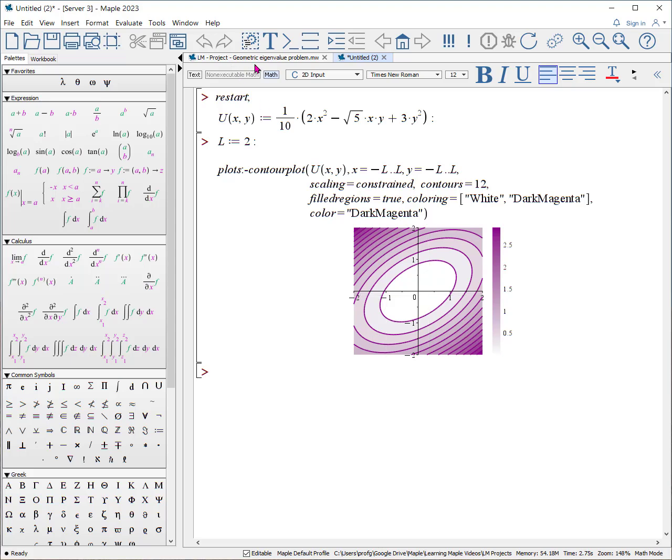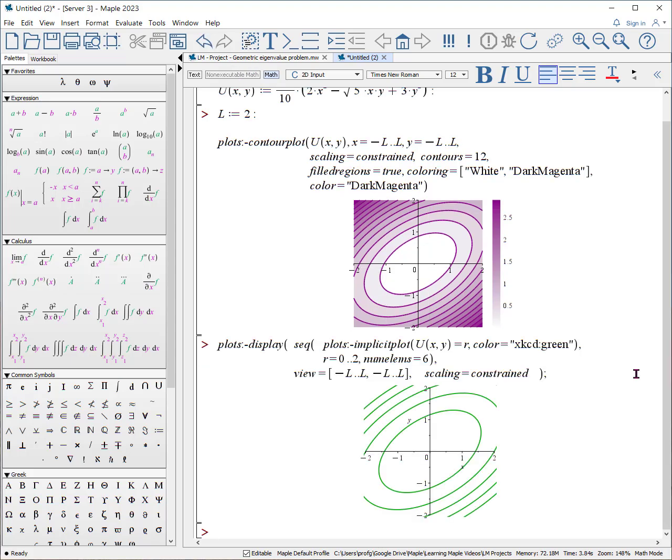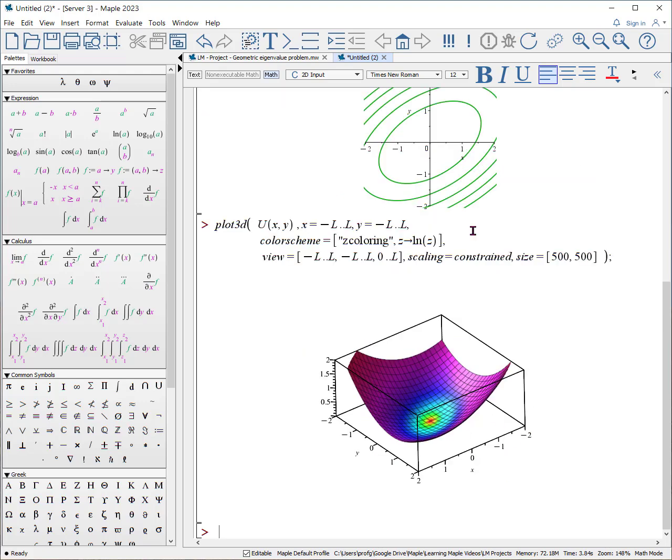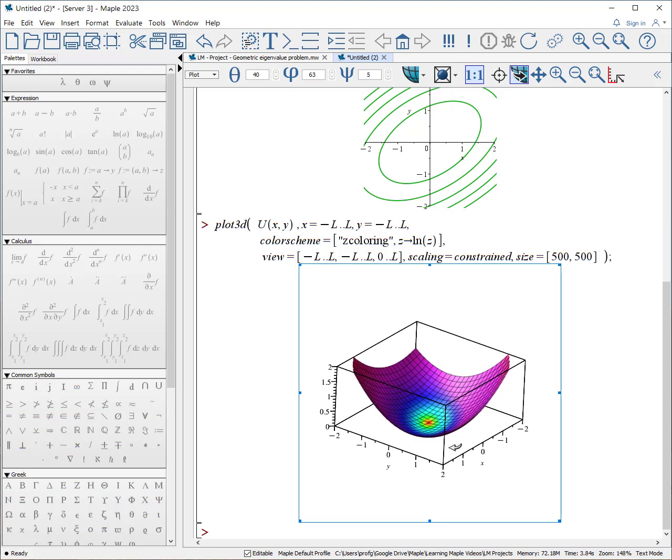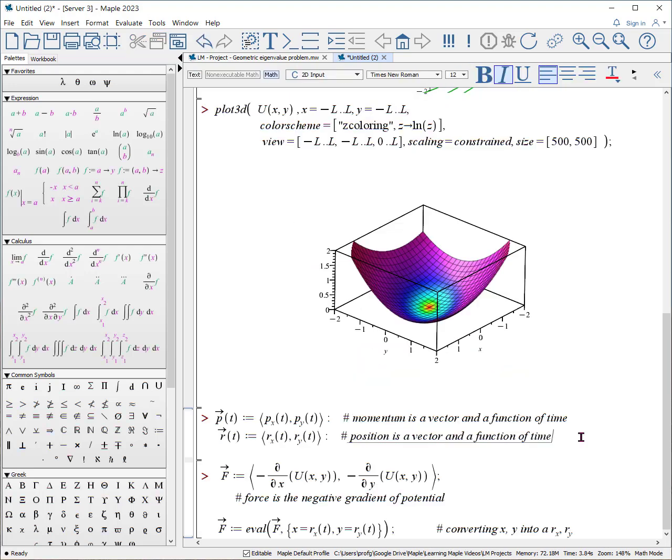What is a contour plot? A contour plot is basically a series of implicit plots where we make sure the potential energy expression is constant along the lines. Here's how it looks in 3D. As you rotate it, you can see that it is curved at the bottom and it basically looks like a cup. So what we're going to do is we're going to use dsolve to solve for its position and momentum